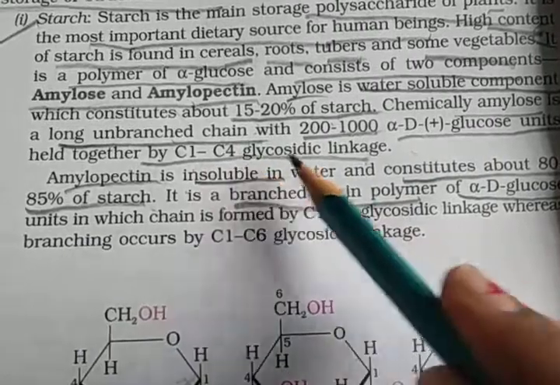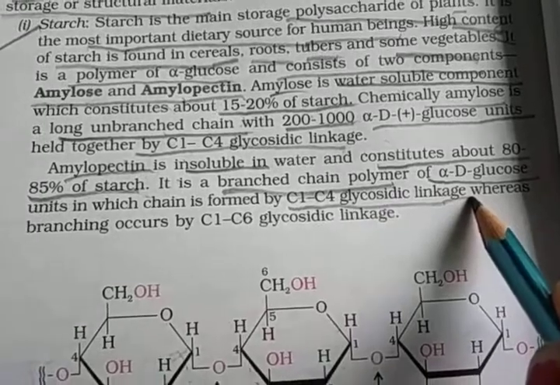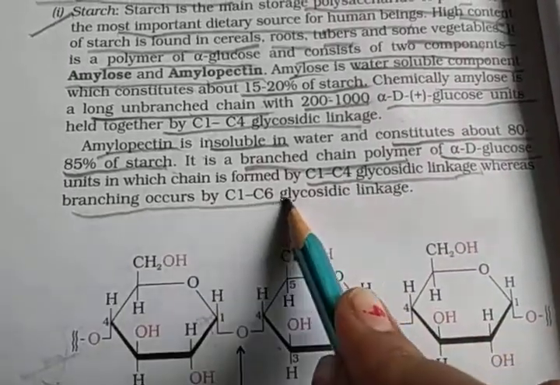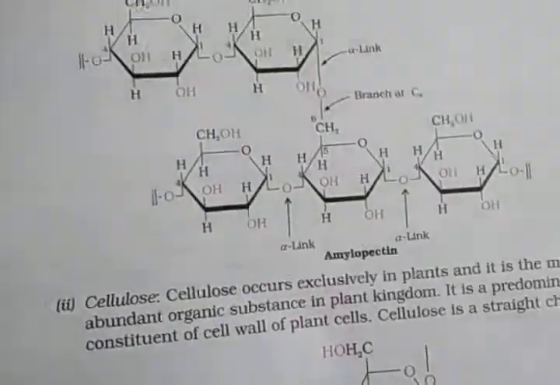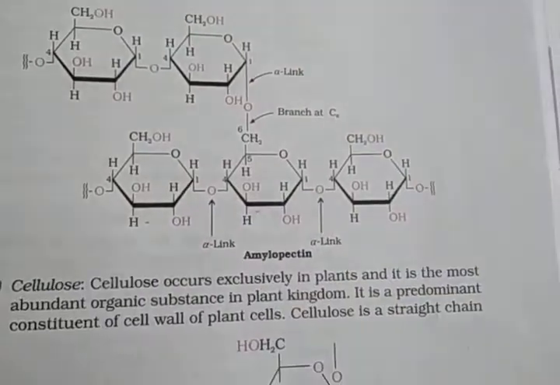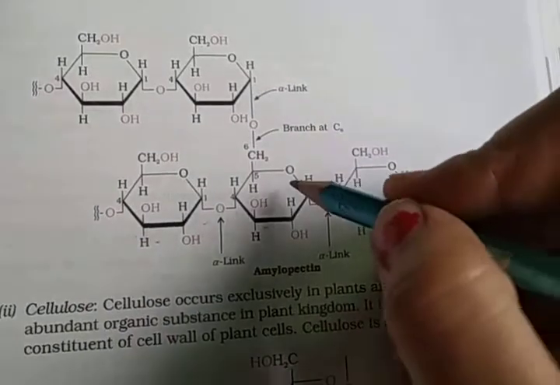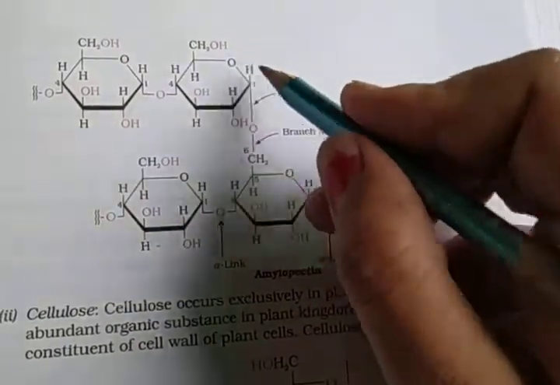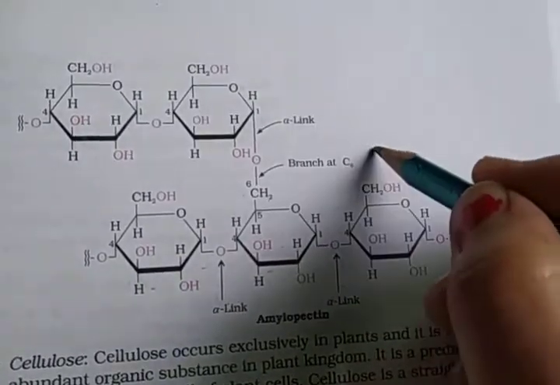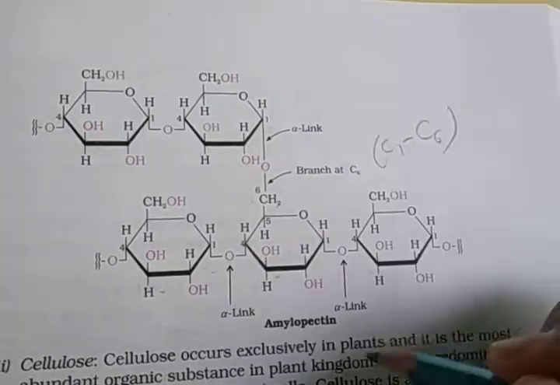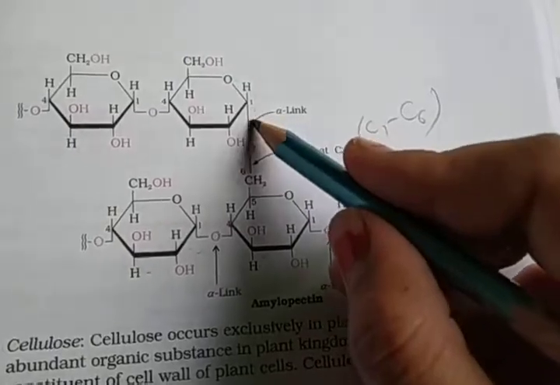In amylose, carbon first is attached to carbon fourth. Here also the same carbon first to carbon fourth linkage, but branching occurs through carbon first to carbon sixth glycosidic linkage. So you see amylopectin, here you see 1, 2, 3. First number and fourth number carbon are attached. So this is the alpha link. But whenever any ring is attached on the upper side the other way, carbon first to carbon 6, this is the branching way. So carbon first to carbon 6, beta link, it is known as beta. Okay, but generally consider the first number, so alpha link also.